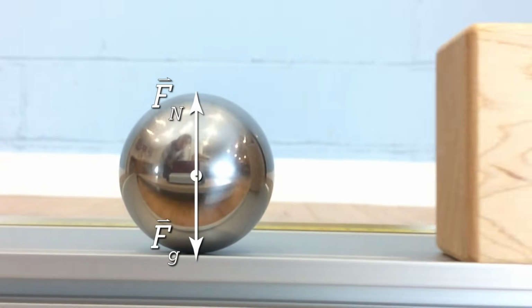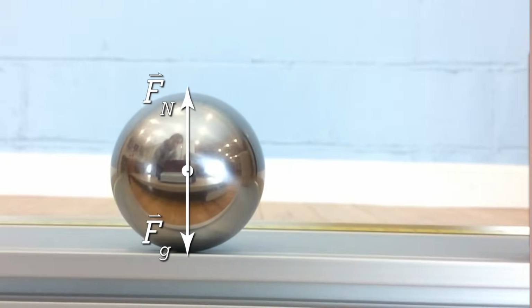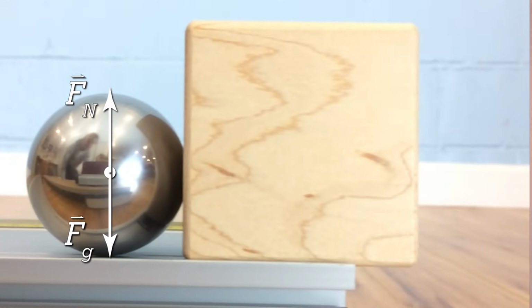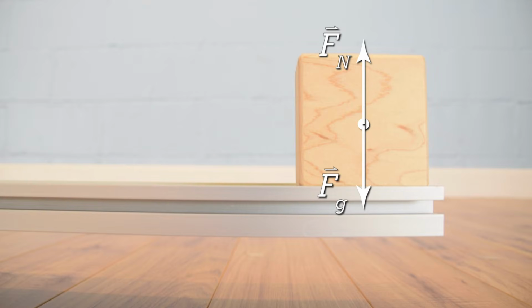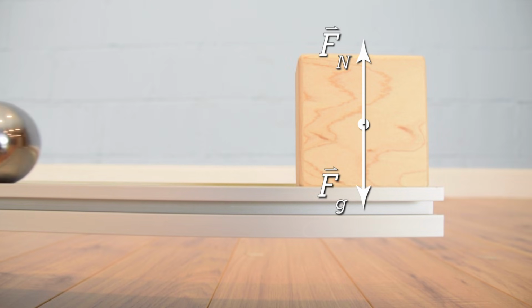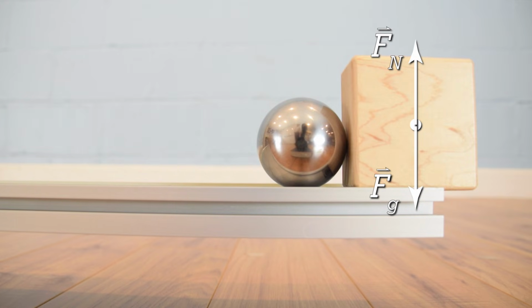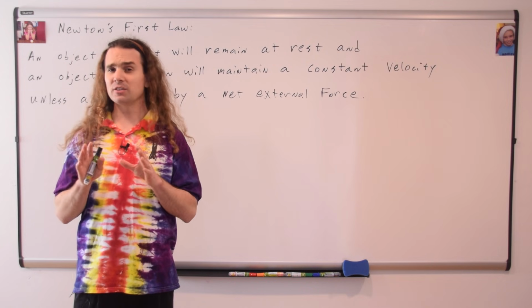For example, it could run into a wood block. The wood block caused a net external force on the sphere and therefore changed the velocity of the sphere. Hey, that block was an object at rest until the ball caused a net external force on it and changed its state of motion. Very nice, Bo. The block was certainly an object at rest until the sphere caused a net external force on it and accelerated it. Now let's get back to the moving sphere.